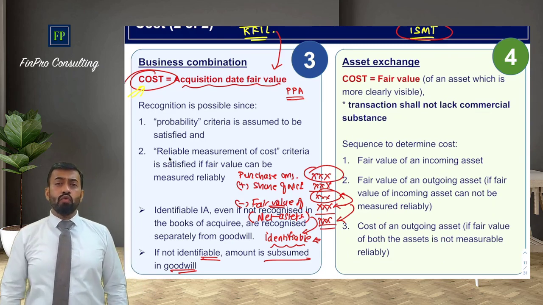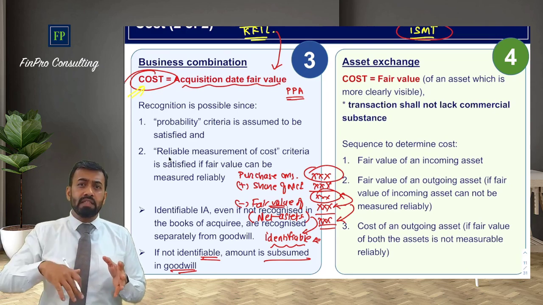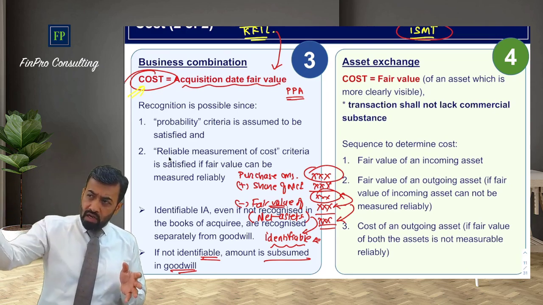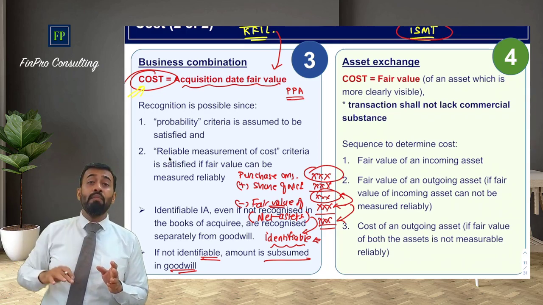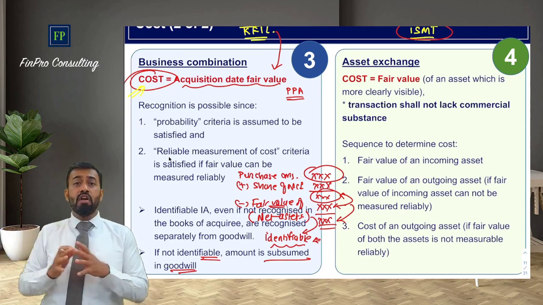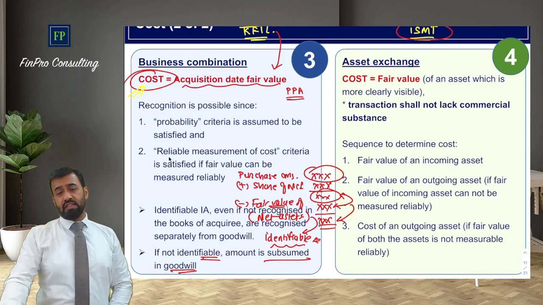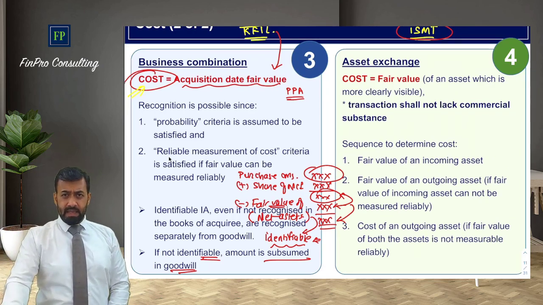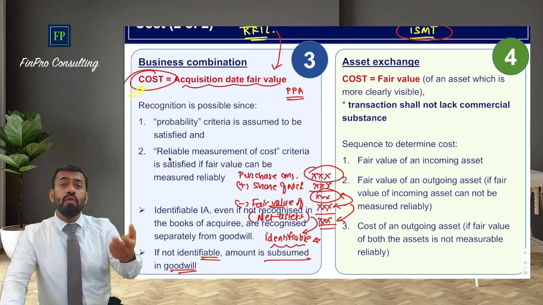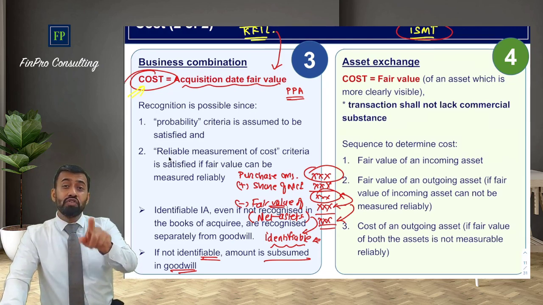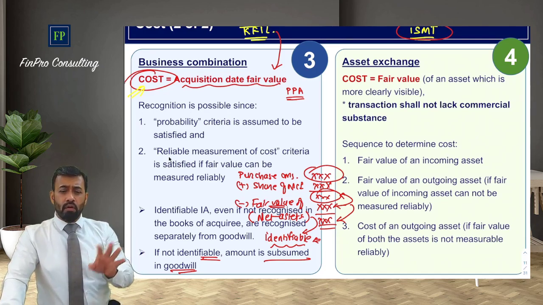Asset exchange. What would be the cost of incoming asset? What we are doing? We are determining cost of the incoming asset. Outgoing asset you have given and you have taken in the new asset. You have given out aircraft, taken in the building, or you have given out building, taken the aircraft. Dissimilar asset. There is a change in risk and rewards because of entering into this transaction. Am I right? Now, because of that, you will have to recognize this transaction. You will recognize this, but how do you measure this transaction? Initially, at cost.